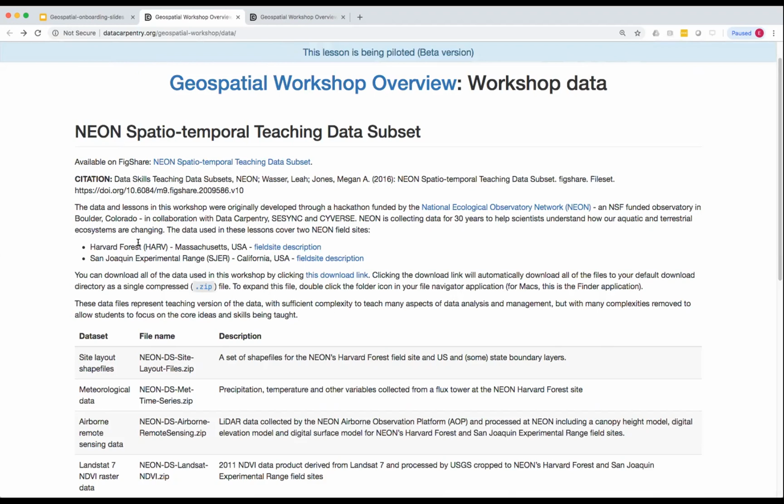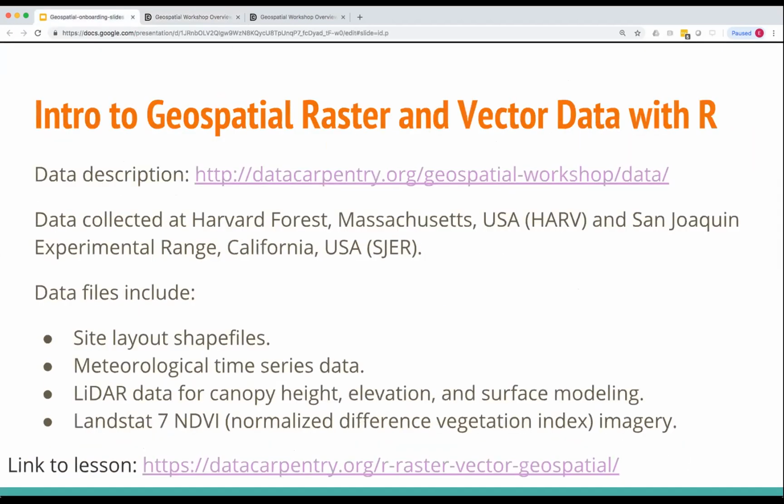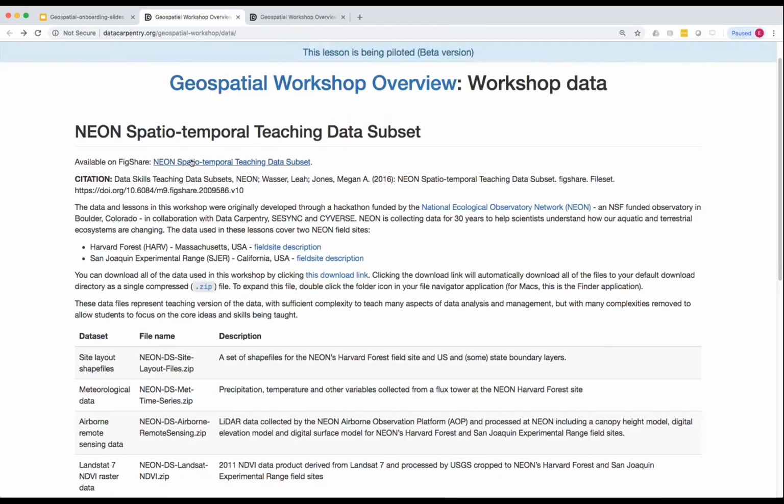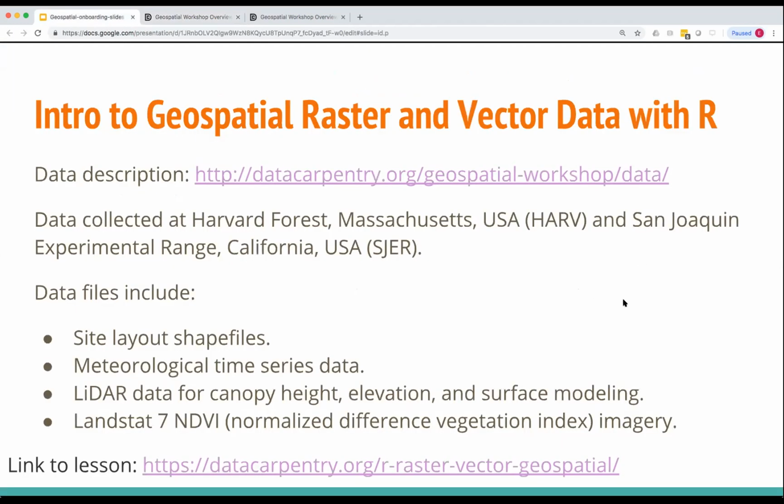The other thing to remember when your learners are downloading the data, there is a single download link that will allow them to download the 4 zip files that are included in this data set. Your learners may or may not be familiar with compressed data, so they may need a little bit of explanation about how to expand that data to see the individual data files. There is also more information about this data set on Figshare, including its citation for publication. Going back to our slides,